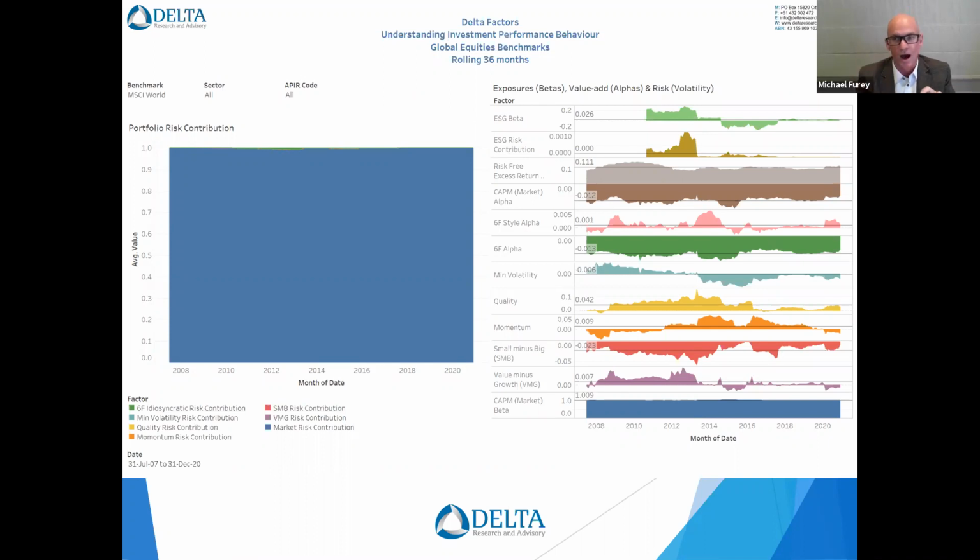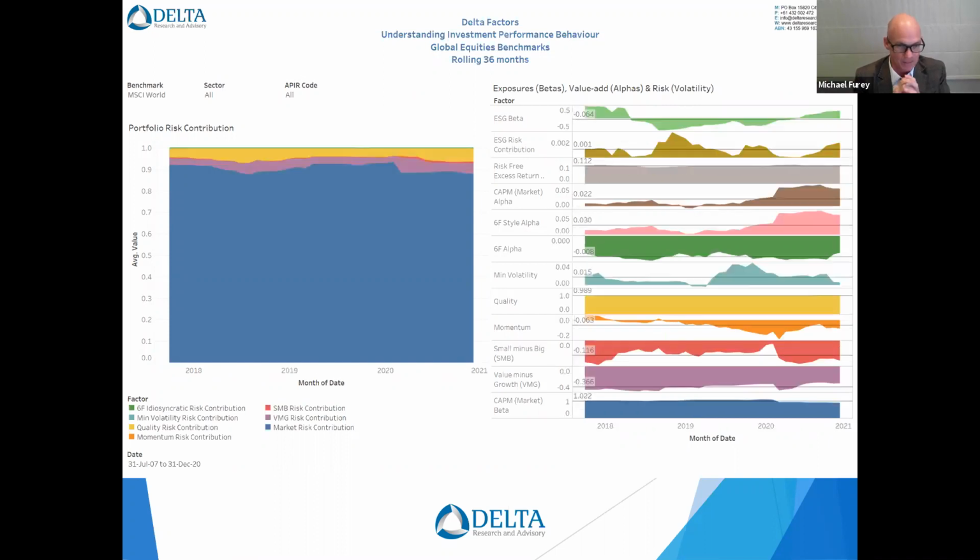Now, the bottom right chart is the beta to that particular benchmark. And you can see there, it's very, very consistently 1. So this particular fund, beta 1, 100% risk, is MSCI World. This is an index fund that hopefully is reflecting the index that we expected it to reflect. So a very straightforward piece of analysis that is determining that the behavior of this fund is exactly an index fund. So we'll go on to the next slide.